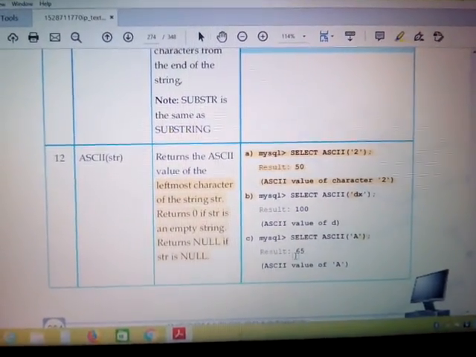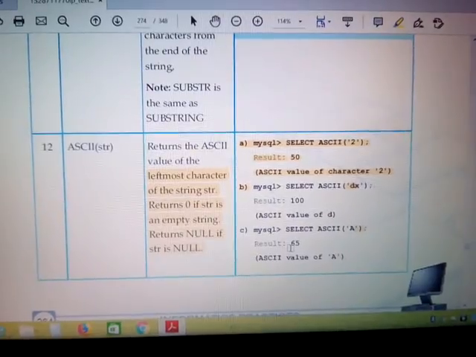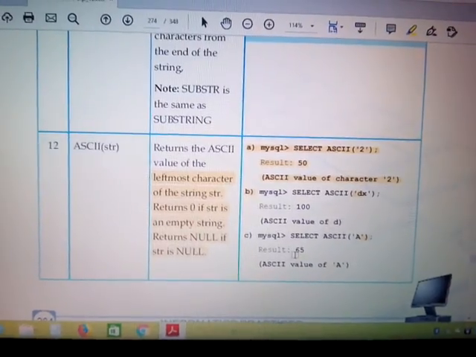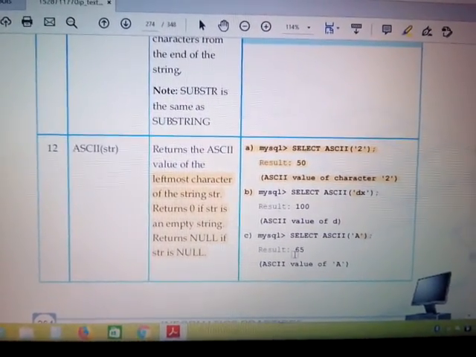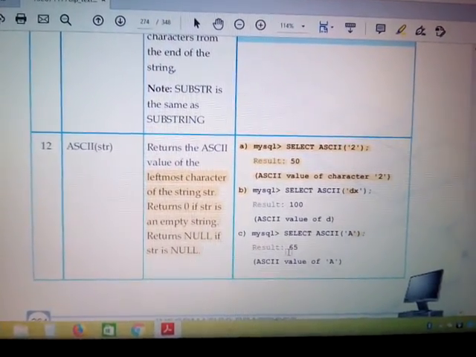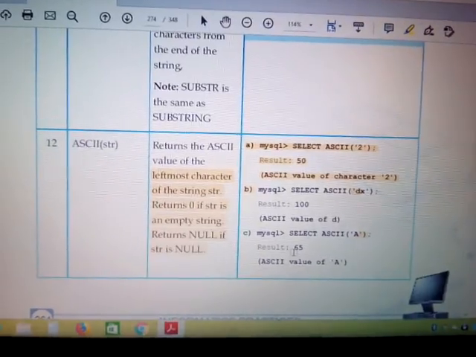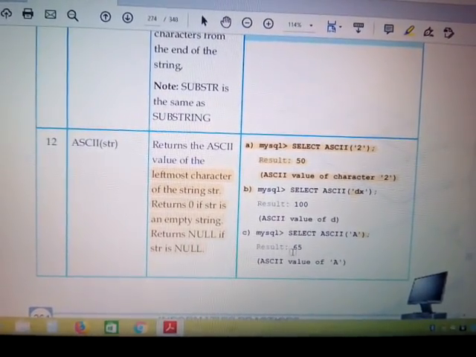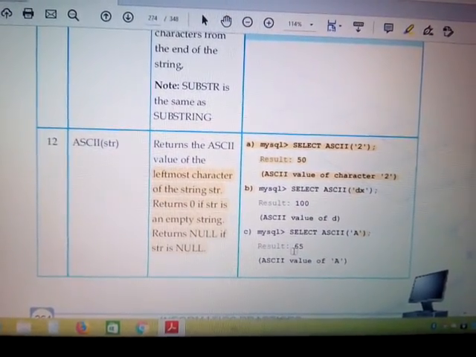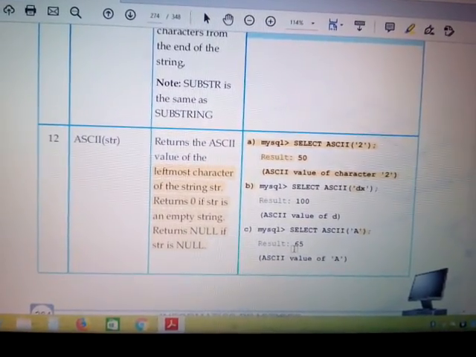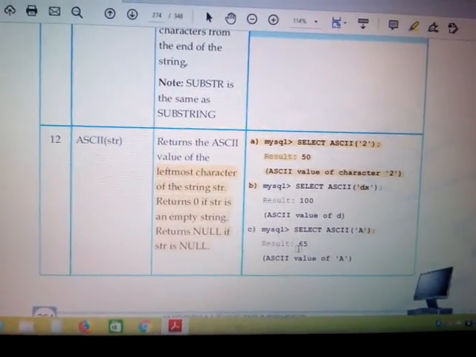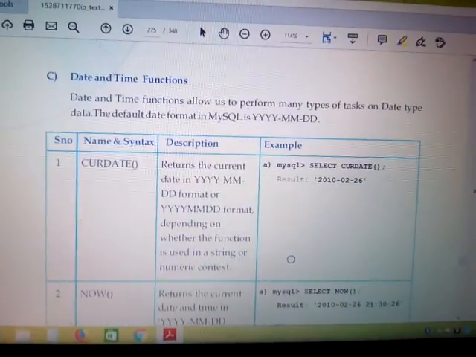If any of the functions is not clear, do let me know, and also prepare your own notes, because it is not possible for me to give notes. I am showing you all this in a video. If possible, just take a screenshot, and then afterwards when you are free, just note these things down. Okay, and I think MySQL we already read. These are not new terms, these are the same things which we read already, but since you people are not that serious, I'm just revising these things again. So please make your own notes. Date and time functions we are going to deal with in the next video.